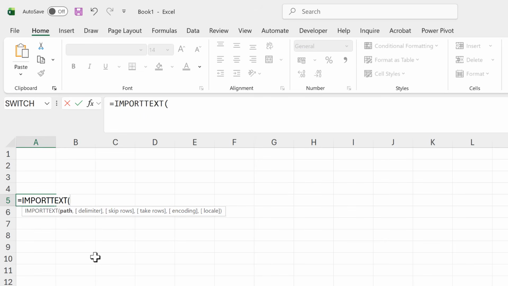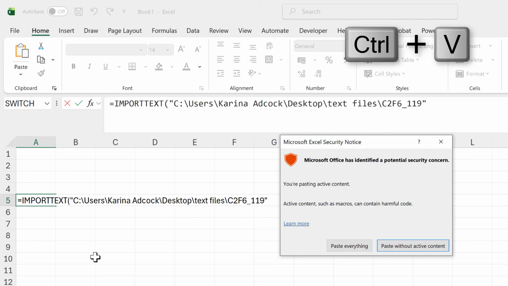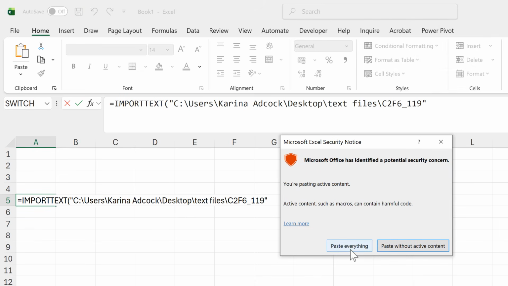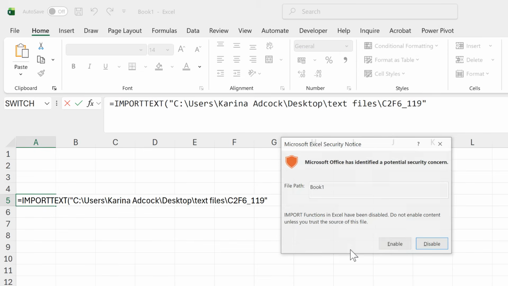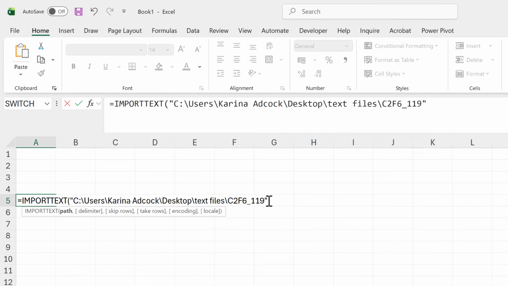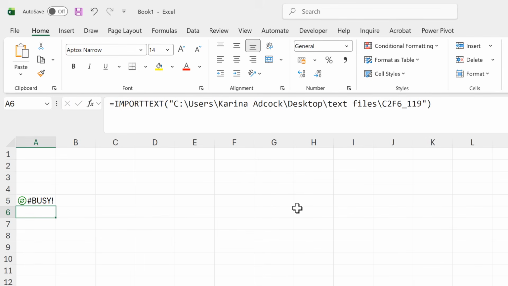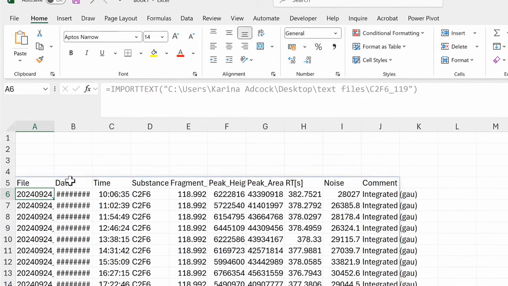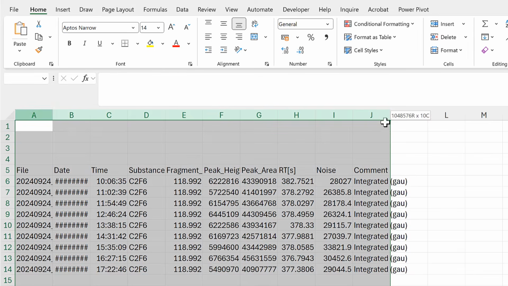Then I will paste in the path that I just copied. I will get this warning message and I'll just click paste everything and then enable. Then I can close the brackets here and enter. I'll get this busy symbol, but if we wait for a little bit, I will get all of the data